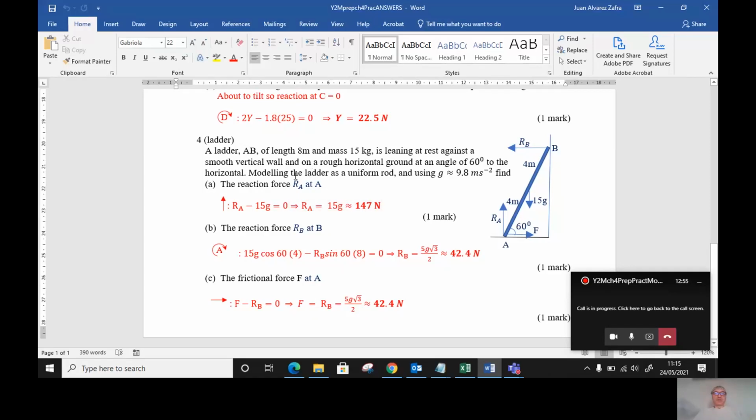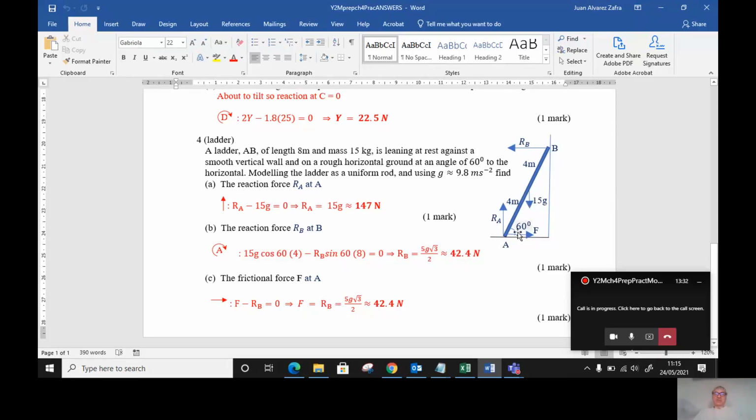What else are we told? So the reaction force at B, how do we find that out? Well, the easiest is to take moments about a point. I'm taking moments about A. The reason for taking moments about A is that then we don't need to worry about what RA and F are. We're only going to involve the weight, which we know, and RB, which we want to work out. So taking moments about A, the 15 kilogram mass of the rod acts as 15g weight, and its distance is 4 meters,